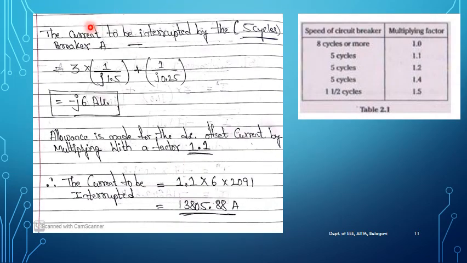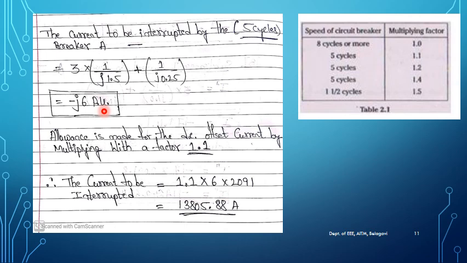Breaker A will once again get activated, which means there will be no current flowing through the fourth motor. So according to that, only 3 motors we need to consider. So 3 into its respective reactance value plus that combination reactance value we are going to get is 0.25. If you simplify it further, you are going to get this much amount of current to be interrupted for the 5 cycles we are calculating, right? But it is in terms of per unit.